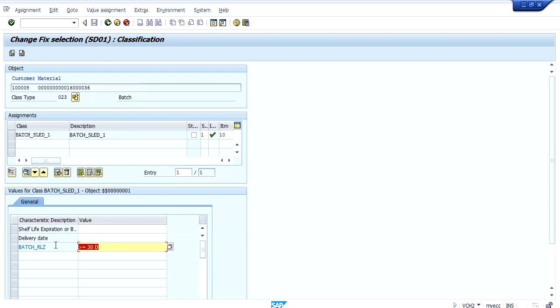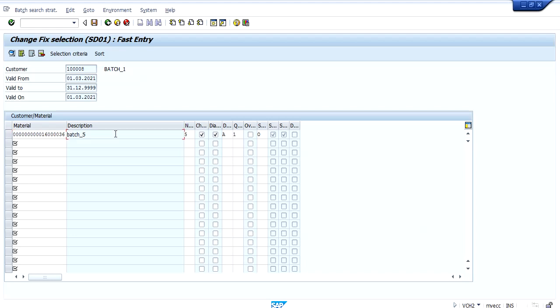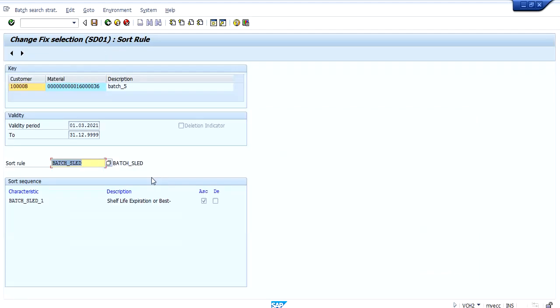The system will pick whichever batch will expire within 30 days or which has a shelf life of more than 30 days. Likewise, I have assigned the sorting rule here, wherein the system will pick first in first out depending upon the shelf life expiration date. Here we can see that.